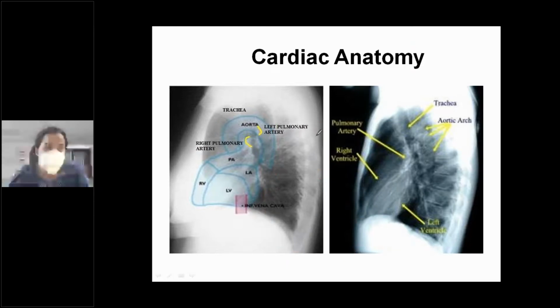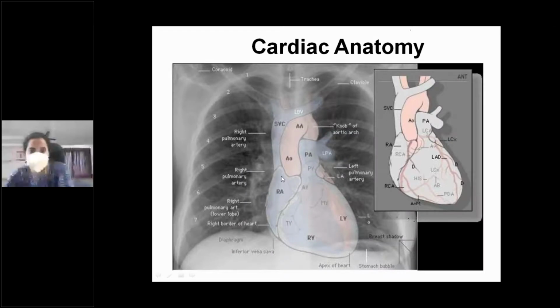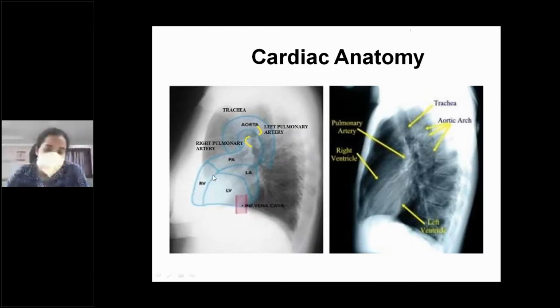Okay. So this is the same thing that is depicted on a lateral radiograph here. Here you can see that the right atrium is forming the right heart border, and the IVC a bit inferiorly, and the superior vena cava a bit superiorly. But on the lateral radiograph, your anterior border is formed by the right ventricle. Okay, and inferiorly it is formed by the left ventricle.